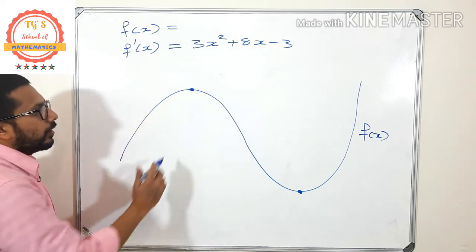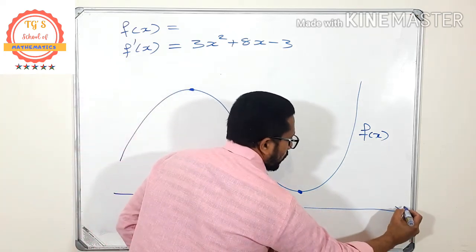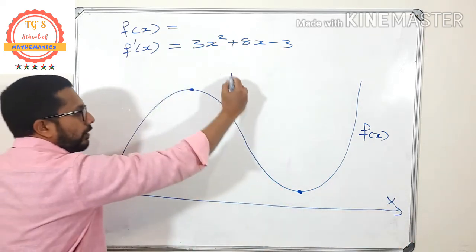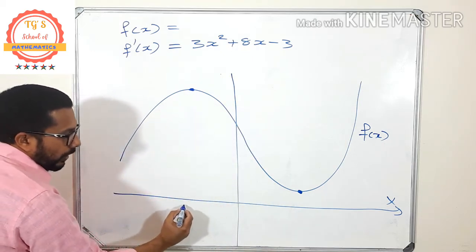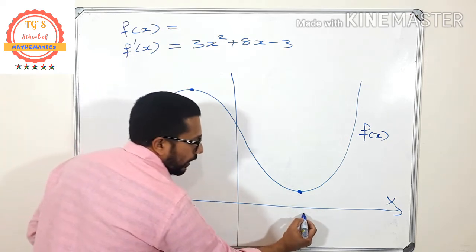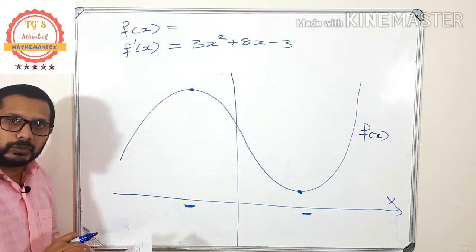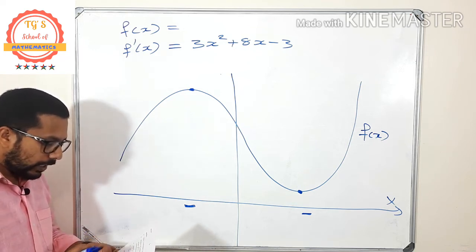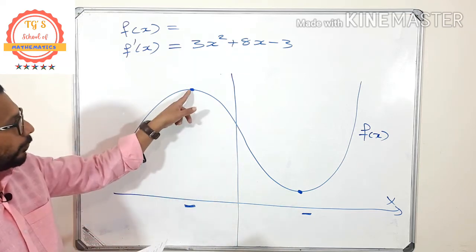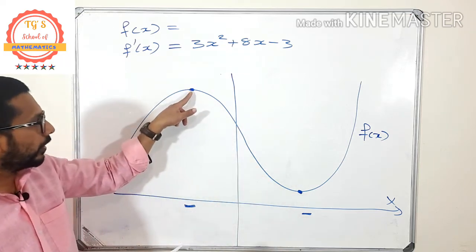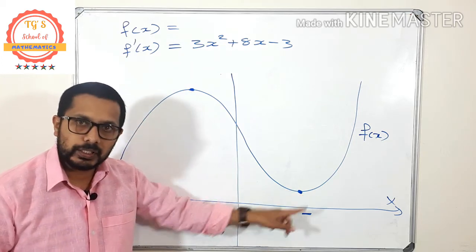So what is the question? You have to find the x coordinate. You know, this is the x-axis. Assume that this one is the x-axis. Okay, and there is some y value here. Okay, you have to find what is the corresponding x value here and what is the corresponding x value here. That is the question. So now try to understand the question once more. Read the question. Calculate the x coordinates of the stationary points of f. That means you have to find the x value of this point and the x value of this point. That is what you want to find.